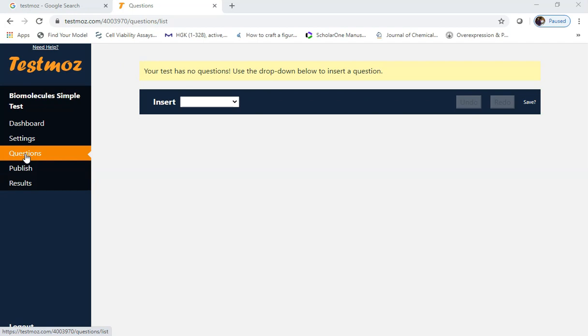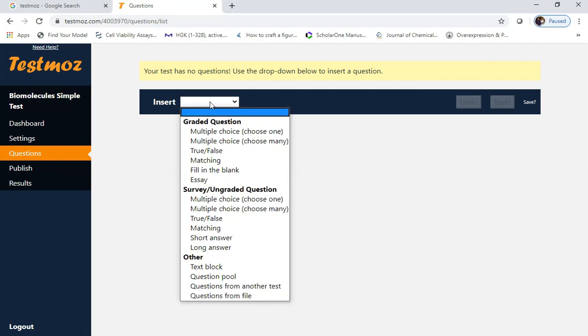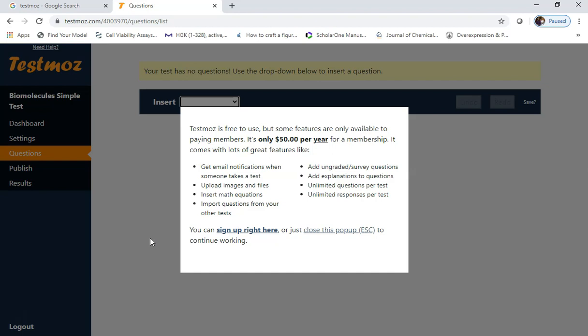And then we come to questions. Here it is a simple window and very easy. Just click here. Then these are the graded questions: multiple choice, choose many, where you can check many boxes, true or false questions, matching questions, and fill in the blanks, essay questions. These are used for grading your students. These are survey questions, and these are meant for question pools. We can make a question bank of 50 or 100 questions, out of which we can ask Testimos to select any 10 questions, but this is restricted for premium users.